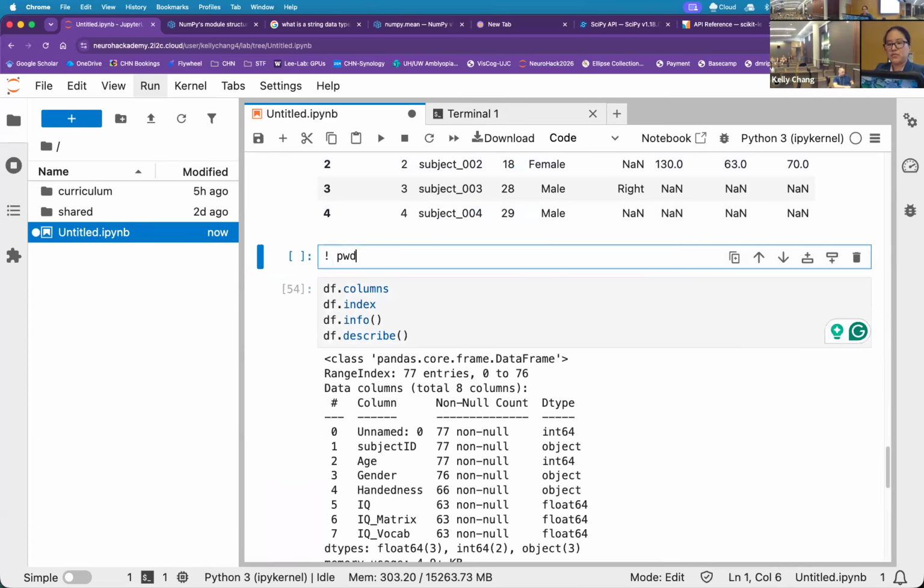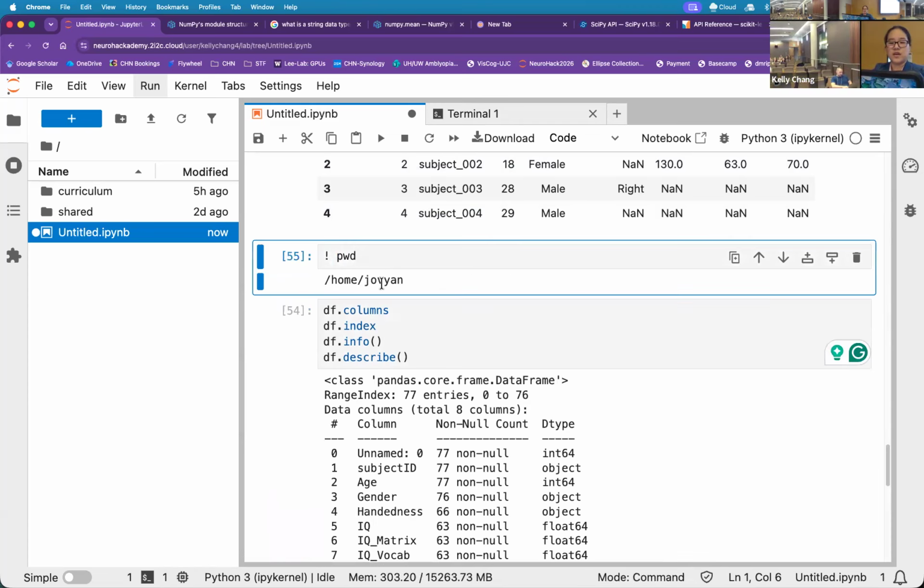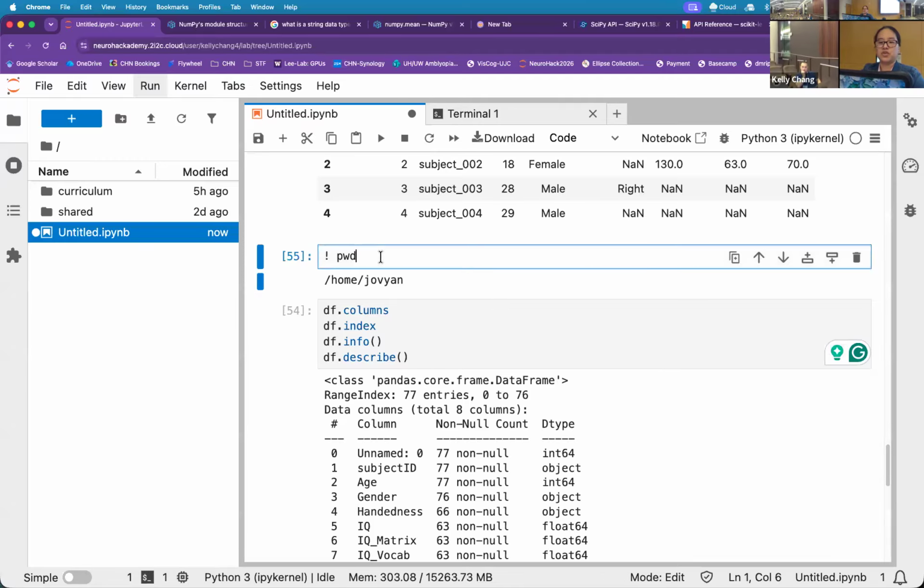So here's a fun fact about Jupyter notebooks. You can actually use bash commands in the cells as well if you start with an exclamation point. So where I am currently is home Jovian. That's where this is right here in my folder. So if you do this right here, you should be able to find out where you currently are. You can also pip install from here if you're really feeling fancy, but we're not going to run that NumPy call again. Yes. Does the notebook see current workspace assigned variables?